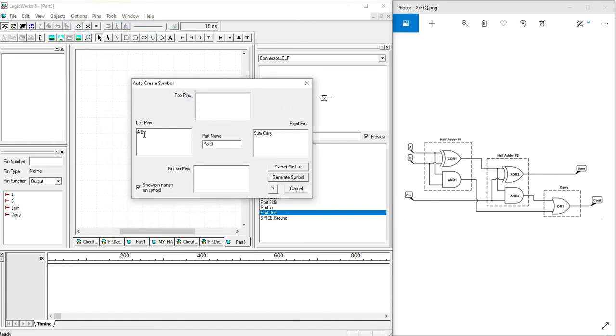A window will pop up which shows that on the left hand side we have our two inputs A and B, and right pins which are our outputs sum and carry. We can call this half underscore adder, and this name will appear on the created symbol, and then we will click generate symbol.